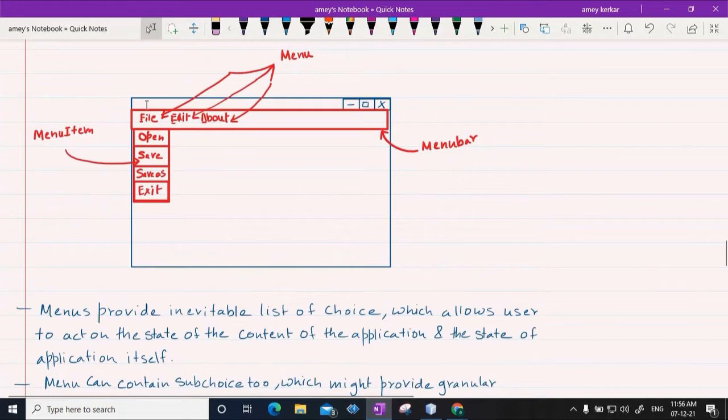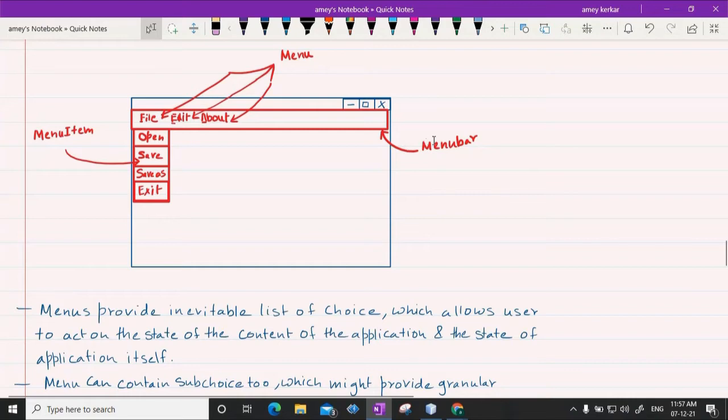Now in order to create this menu, Java provides a package that we are going to use, javax.swing. Then to have this menu, there are different classes.